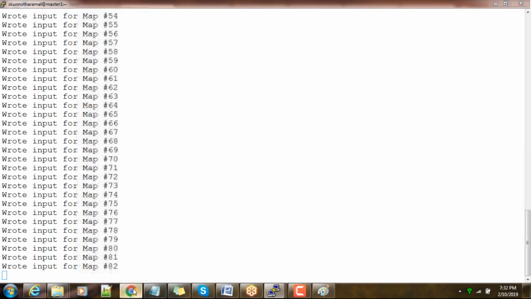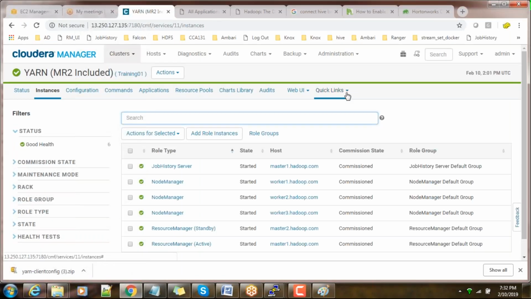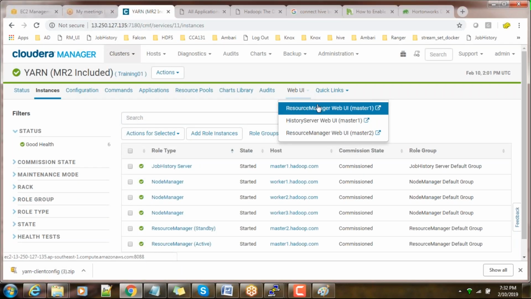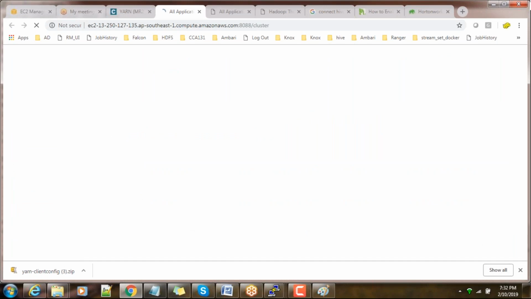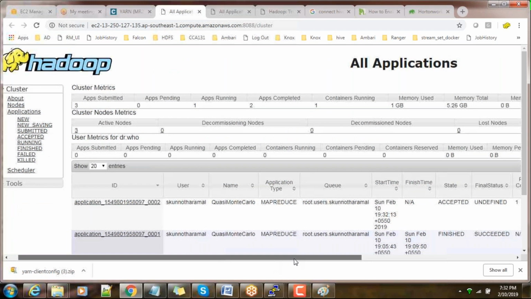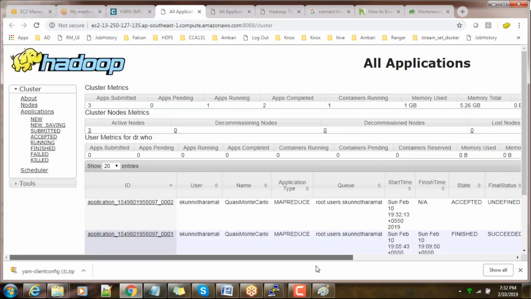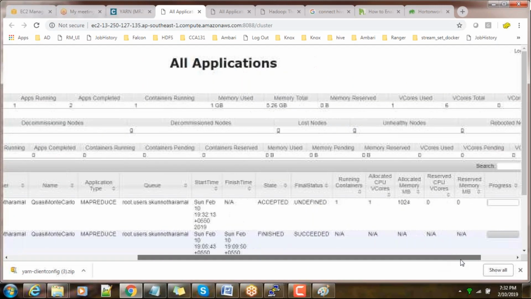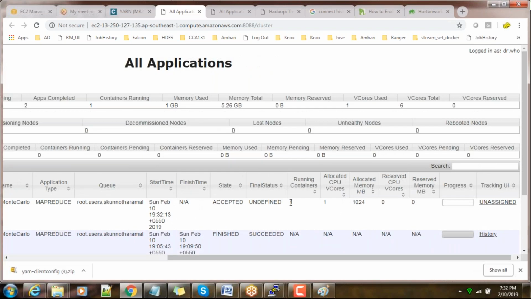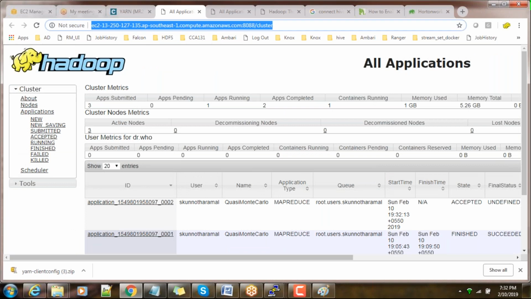Now if I go to the resource manager web UI, I can see one job in accepted state. Accepted state means it has just launched the application master. You can see containers running is 1, allocated vcore is 1, and memory is 1. This is allocated for the application master. Now if you refresh for some time,